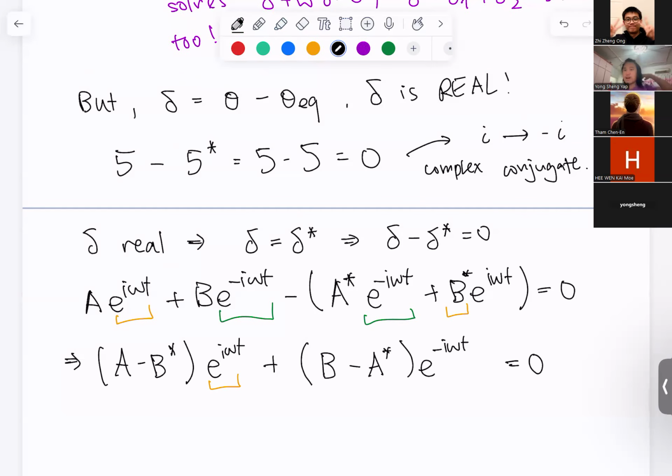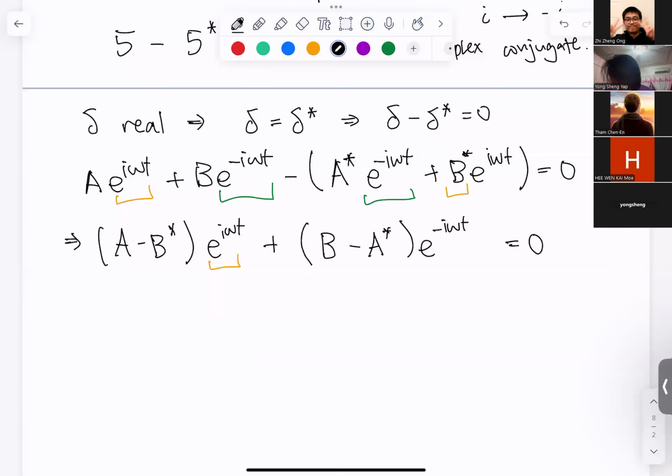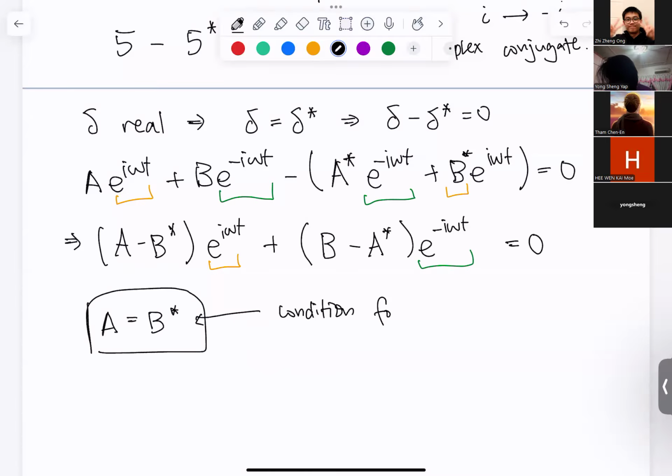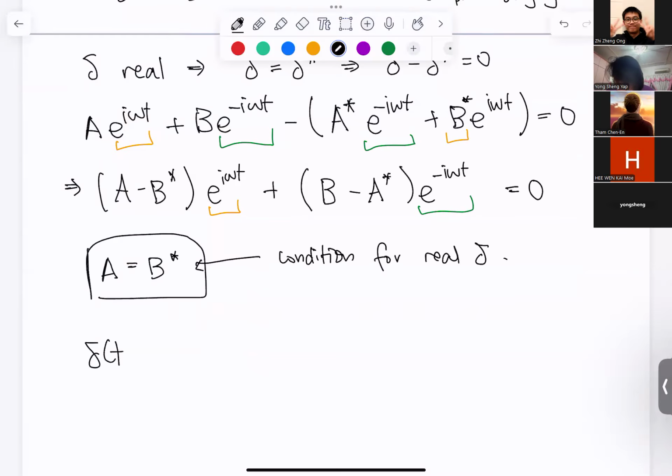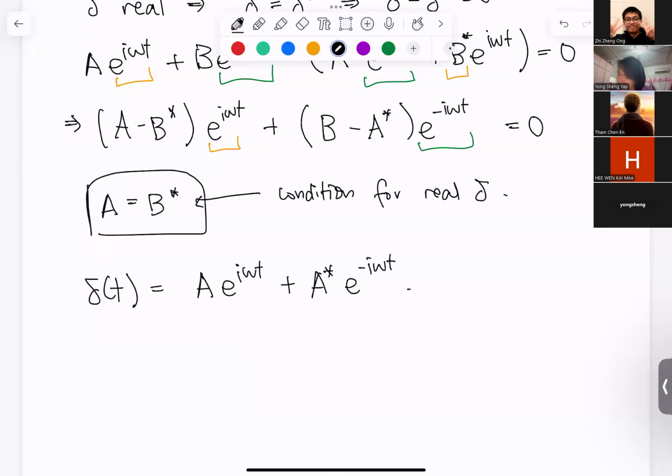So this is the green part. We have a condition that A must equal B star. This is the condition for real delta. What this gives is that our motion is A e^(iωt) plus its complex conjugate, A star e^(-iωt). This is the first thing we have. And then, if you remember, exponential i theta from Euler's formula,